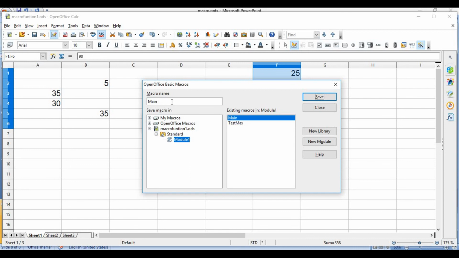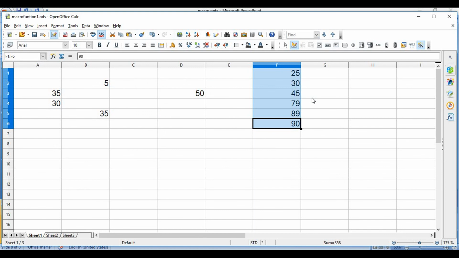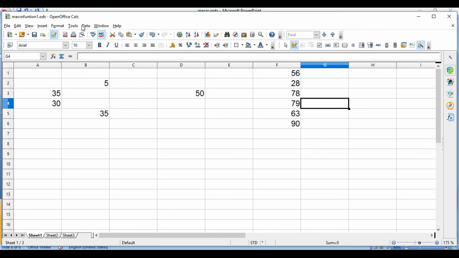Then here you have to create your own macro. So write the name of the macro like AutoSort, and then click on the save button. Once you click on the save button, see what will happen when you call this macro again. So again you have to change some values like 56, 28, 78, 79, 63, 90, and then call this macro.